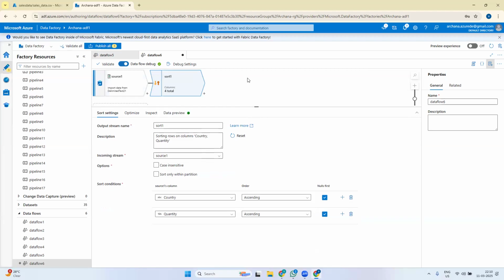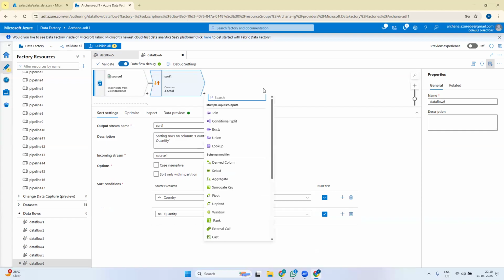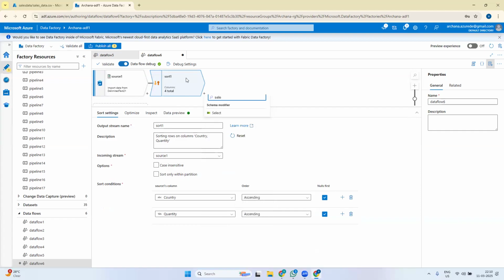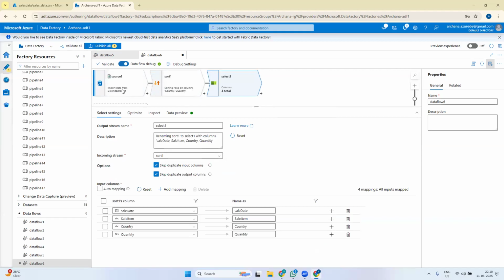So we did sort. Now we have something called select. You can apply on the source also, or after sort also you can apply select. What will happen is after the output of this, the select will work on this. You understood, right? After the sort has applied on this data, next the select operation will run. So what does select do? First, you come to select, you can name this description and all. Incoming stream is sort. So it is giving this incoming name here. So next, when you see the columns, it has read all the columns and it is giving the names here, right? Here in the select operation,